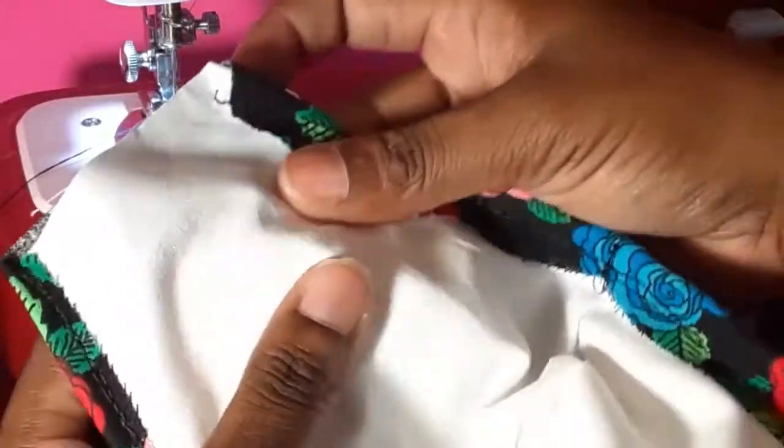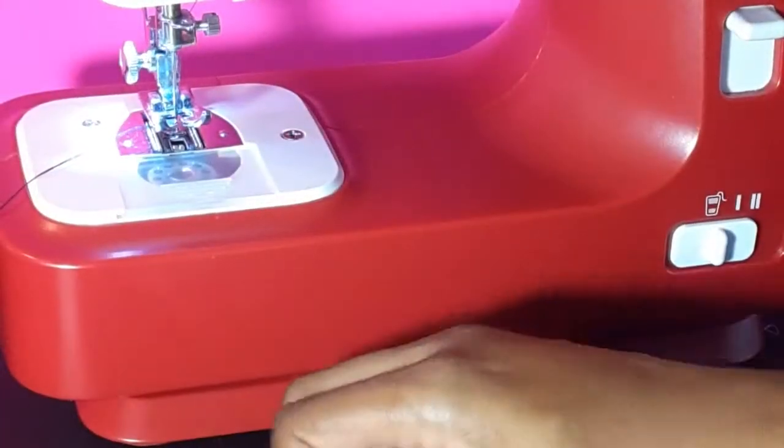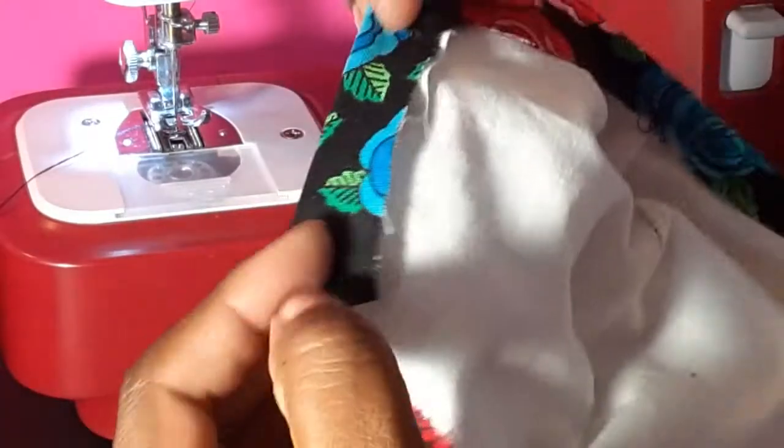So what I'm doing is just making sure the filter, the location, I didn't sew it into it or anything like that. Everything's good. So now we have to make the loops. Now, as I said before,